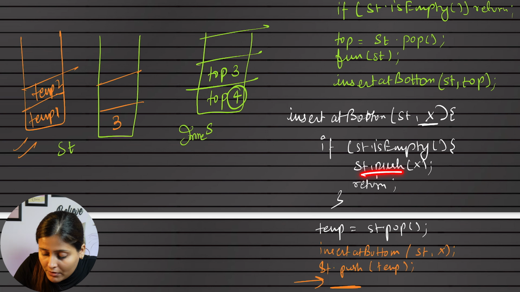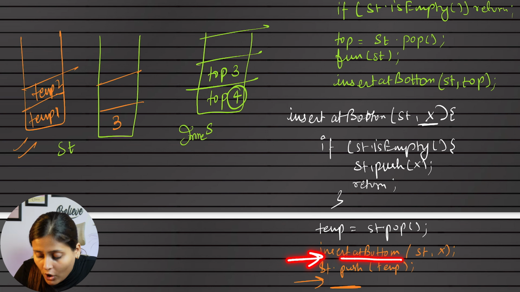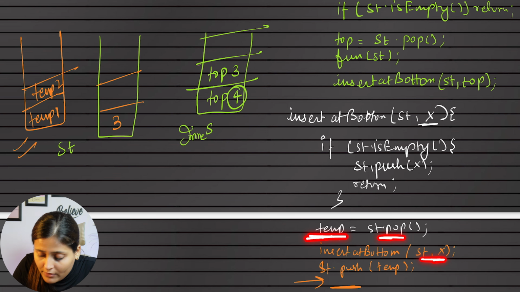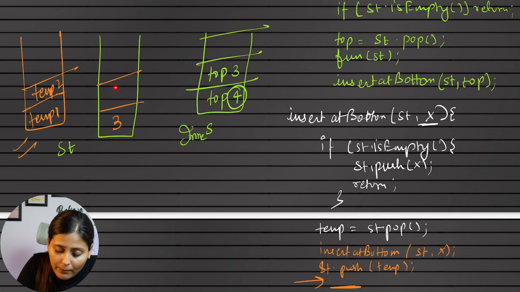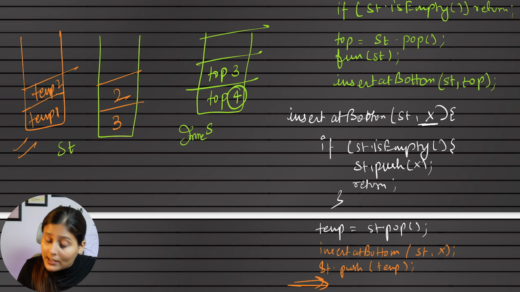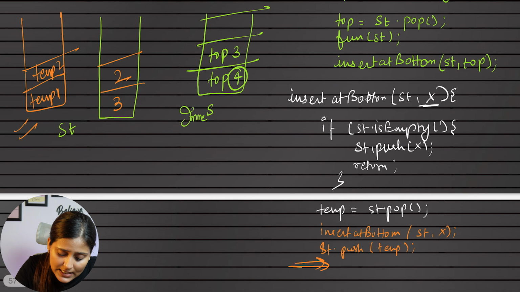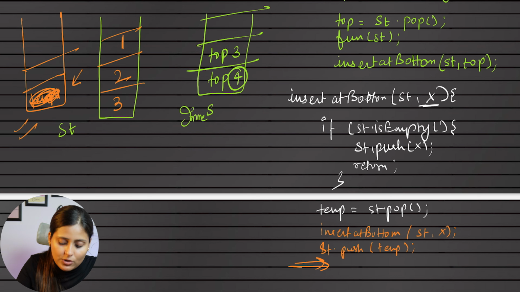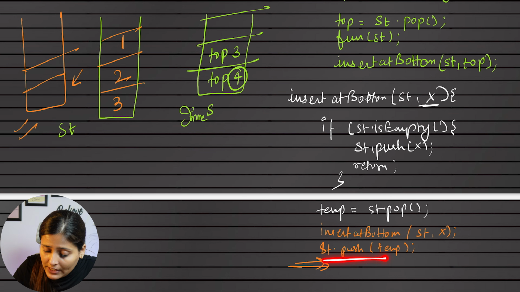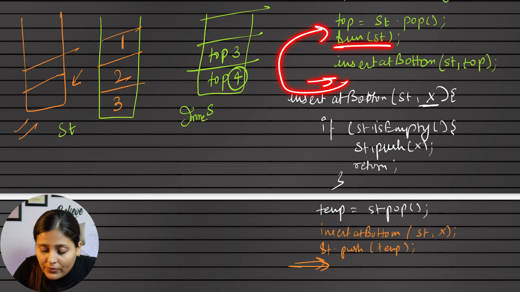Once we have inserted, we will return to the function from where we have called. Where we have called, my temp was 2, so definitely here we want to save our temp back. So we will save. Again there is no such line, so we will return to the same function, so this temp will get removed, and now we have temp 1. This will also get saved, and this temp call will also get removed. Now after inserting everything, this will return to this. Okay, now no such line, so this will return back to the previous function.